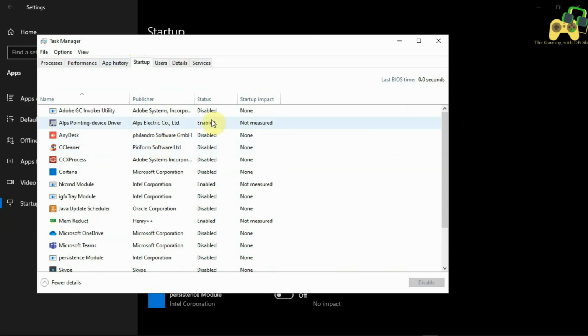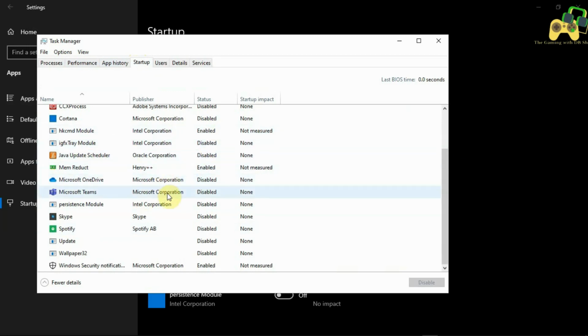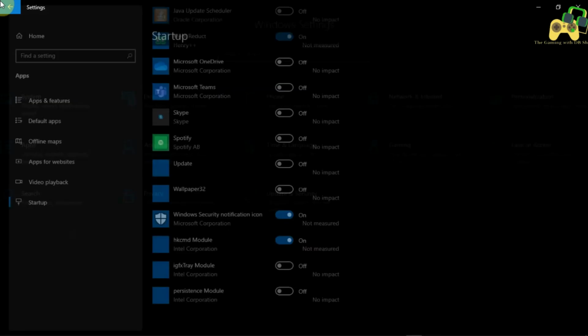So you can keep the necessary ones, like I have my laptop's touchpad and some Intel Corporation apps. You don't want to disable these, but some optional ones, like I have disabled all of them, so you can do that. It really helps. So anyways, on to the next step.